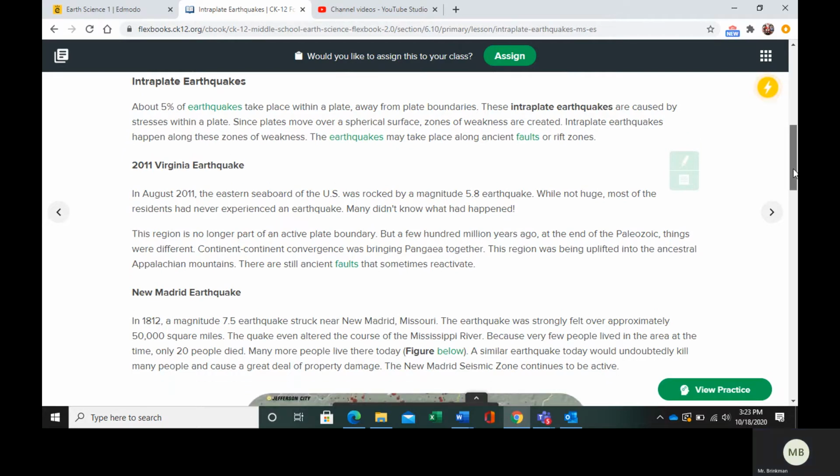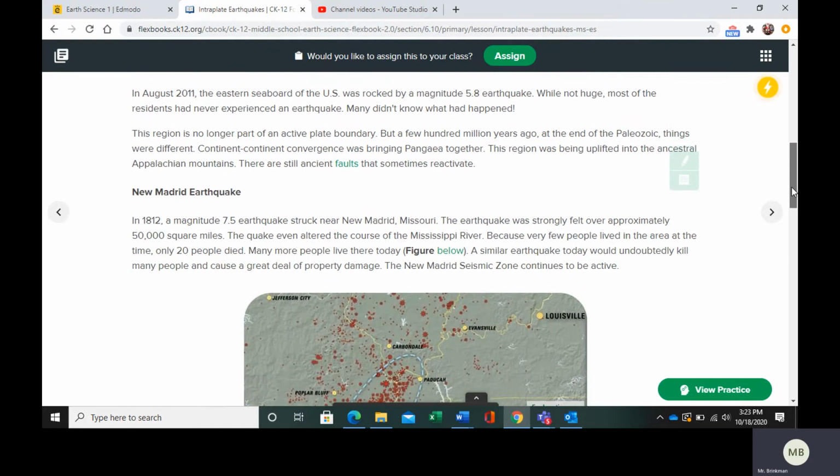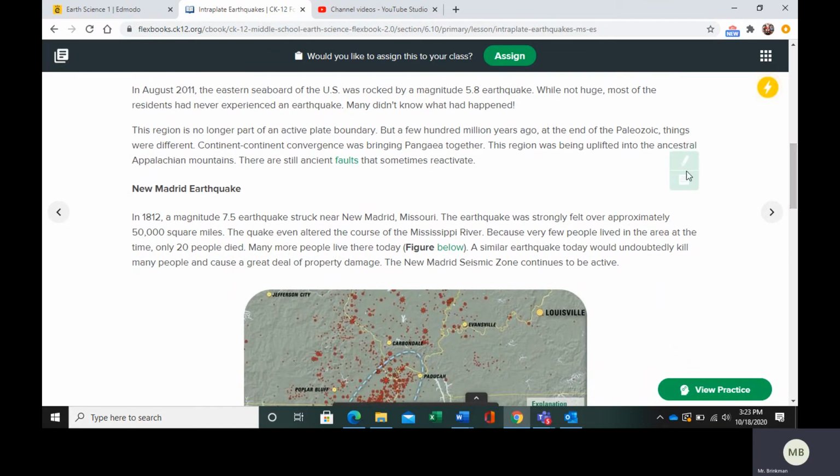Okay, so in August 2011, there was an earthquake in Virginia. So here's the thing. This area is not part of an active plate boundary, but 100 million years ago, a few 100 million years ago, this region was being